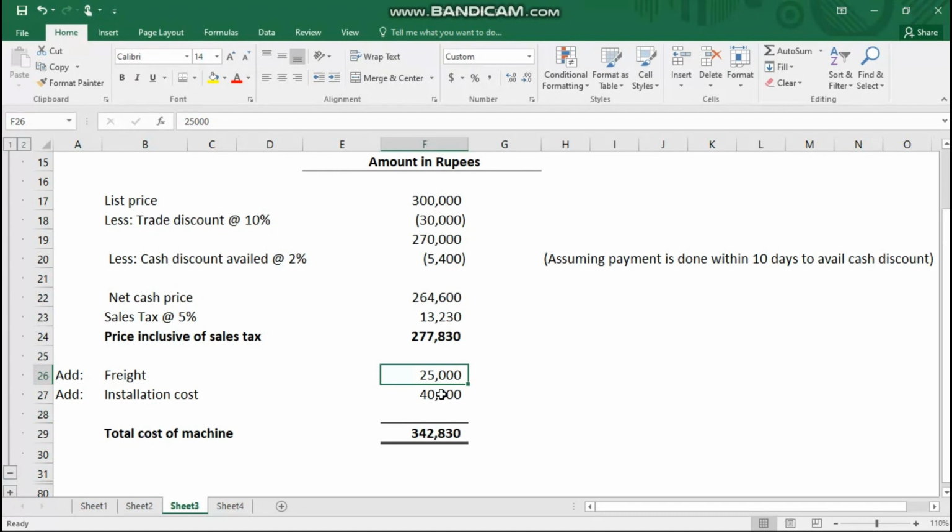तो ये ट्रांसपोर्टेशन भी उसमें शामिल हो जाएगा। इसी के साथ साथ हमारे पास इंस्टॉलेशन कॉस्ट है। मशीन जब हमने परचेज की तो उसको इंस्टॉल करने में भी कुछ अमाउंट खर्च हुआ, वो है 40,000। 40,000 installation cost will also be included in the cost of the machinery. ठीक है, इन सब को ऐड कर लेंगे तो हमारे पास टोटल कॉस्ट ऑफ मशीन जो आएगी 342,830, और ये वो अमाउंट है जिस पे हम अपनी बुक्स ऑफ अकाउंट्स में मशीन को एज एन एसेट रिकग्नाइज करेंगे। ठीक है, और अभी हम इसकी अकाउंटिंग एंट्रीज भी देखेंगे।